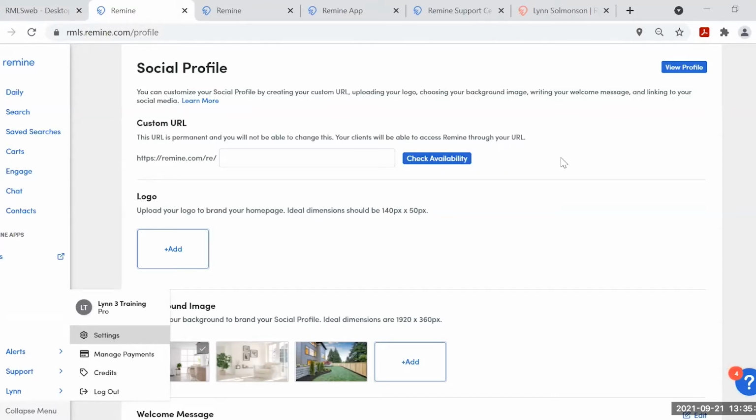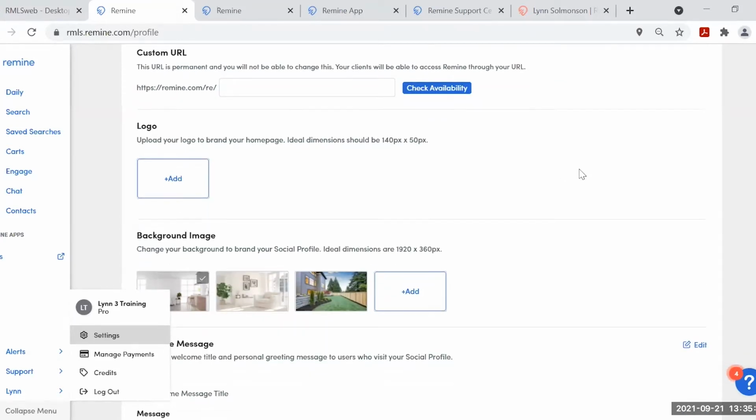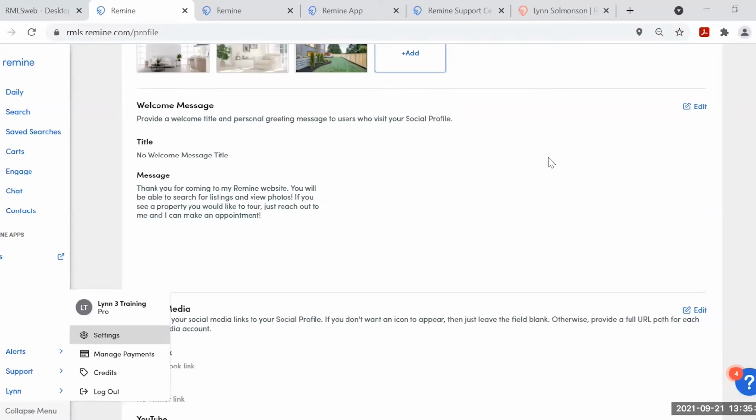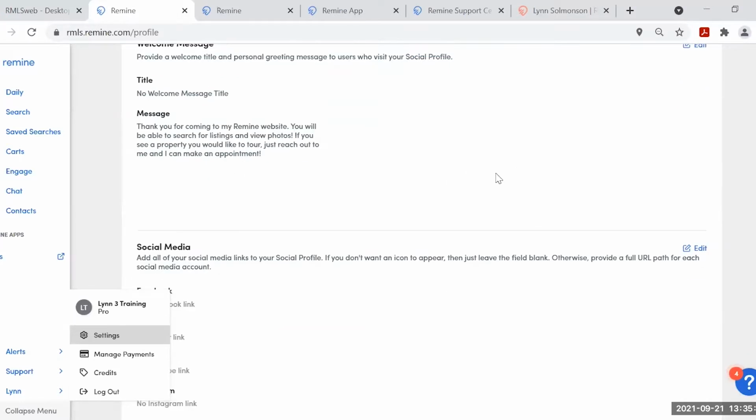You also have HomeSnap, which has a similar feature, which for that piece of it, I think a lot of people think that one is easier to use and for clients to use, but feel free, again, I'll show you where you can invite them later. You can add your logo, and on your website, you can pick a background image. You can edit to have a welcome message on your website saying, thank you for joining me in Remine.